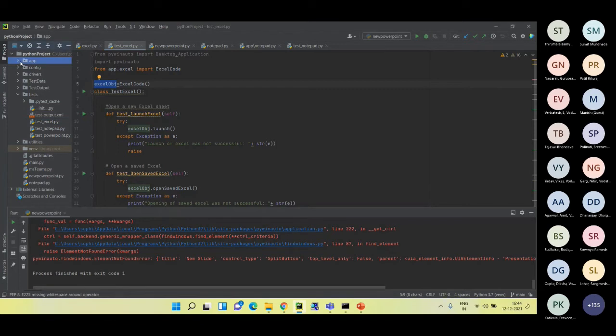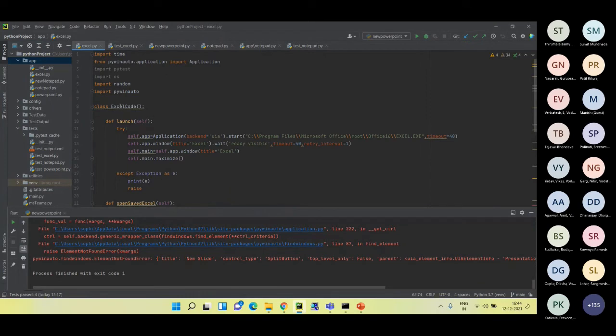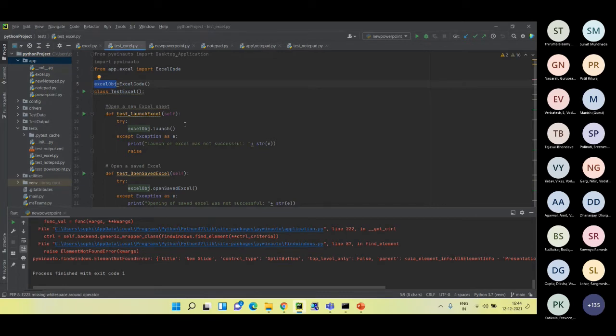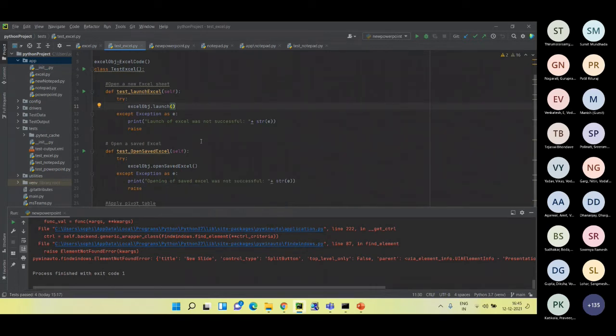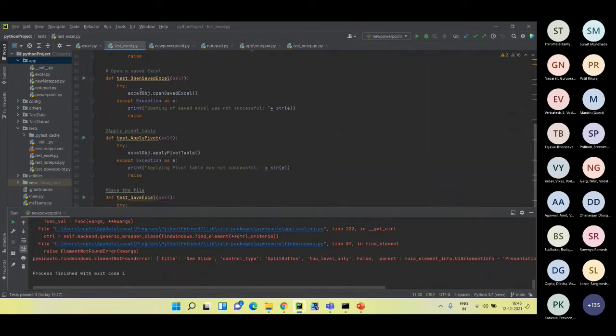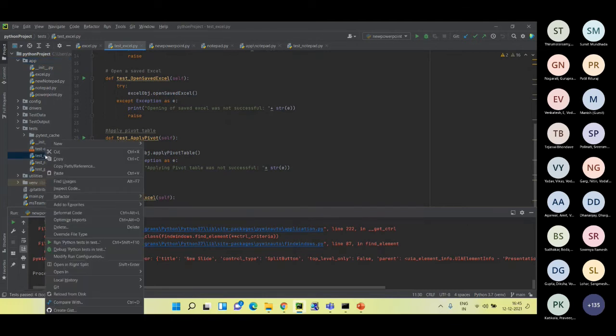Then I'm using the Excel object dot launch, just calling that function, and it will go to this method in this class and call this function. Similarly, I have done it for the other scenarios also: opening the file, pivot table, and saving. Let me run this.